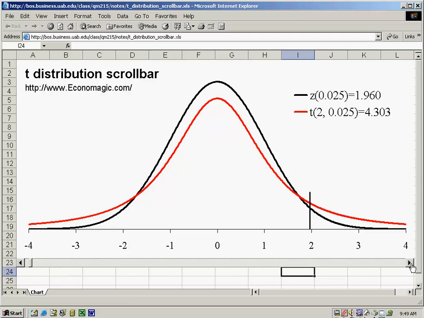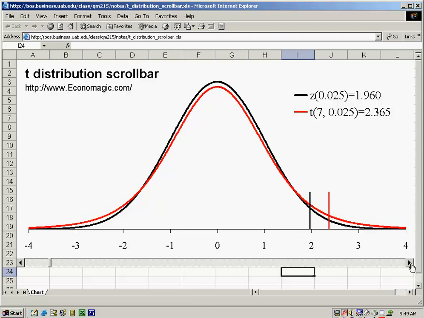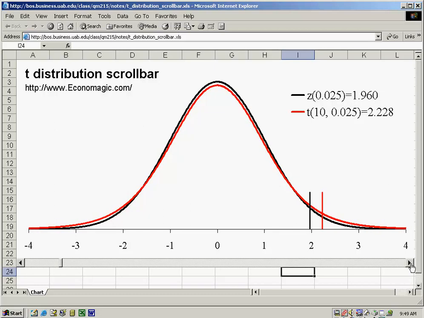Okay, so now we have 2 degrees of freedom, the Z stays the same, and as you watch, you'll see 3, 4, 5, 6, 7, 8, 9, 10 degrees of freedom. You'll see that as the degrees of freedom get larger, the T-distribution starts to get real close to the Z. As close as the T-distribution might get, though, the critical value is still off, right? So we can scroll through,